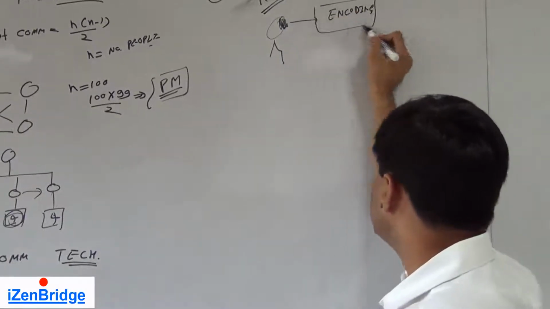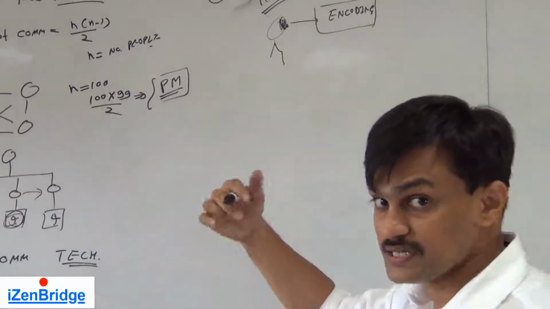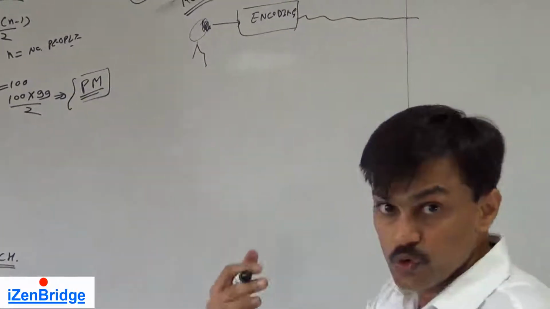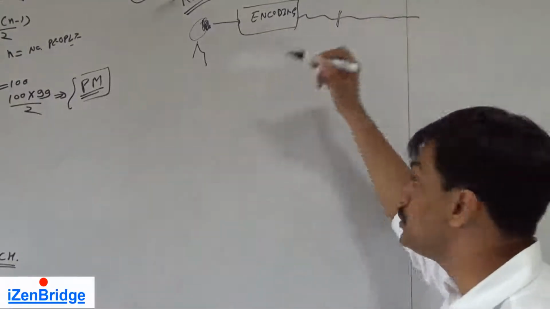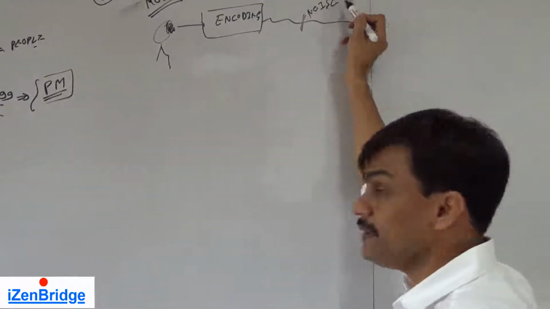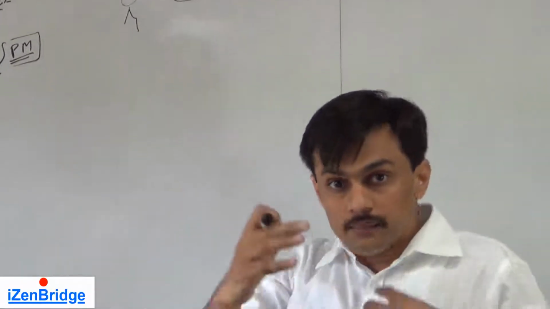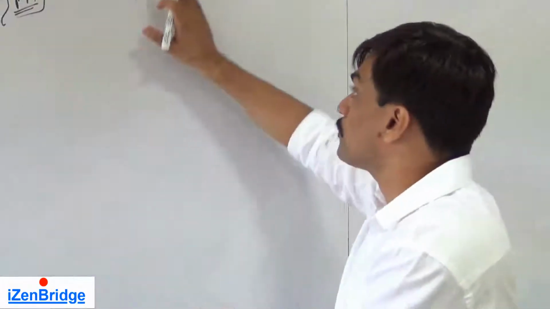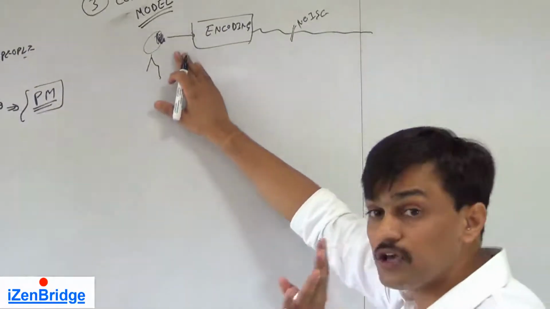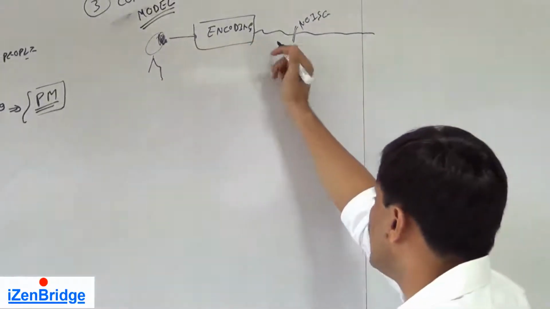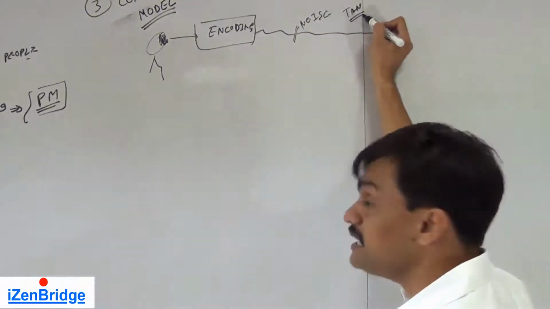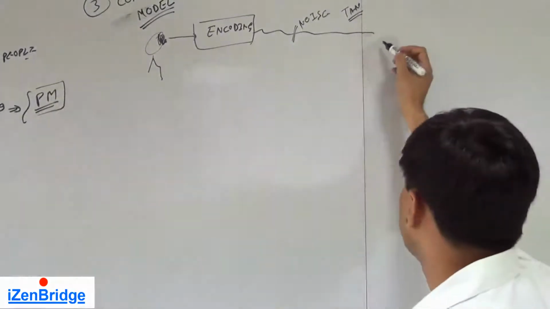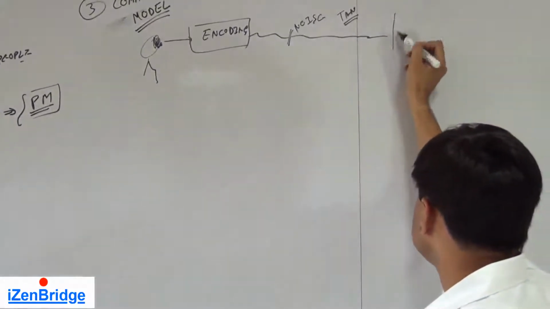So I encode my thought process, and then I am transmitting it by way of video to you. While transmitting, there could be a possibility of noise. You may be hearing some external noise, or while we convert this video, there could be a sound glitch, etc. Similarly in your project, as a project manager, you are thinking of communicating something, you are encoding it, and then you are transmitting it in some media. It could be an air media, face-to-face media where voice is the transmission medium. And then the receiver is getting this information,